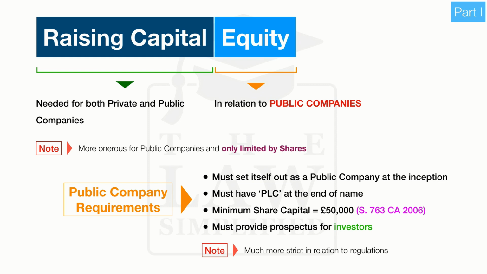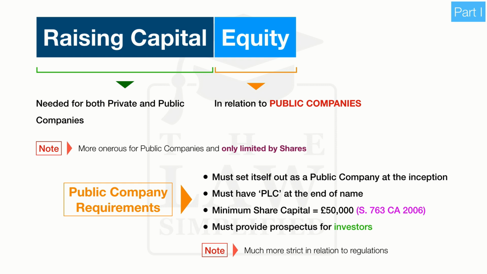Having said that, before we go into this topic, we need to understand the premise and introduce the notion of public companies and the requirements to be considered as such. On the one hand, when it is a public company, it must be publicly stated as such. In other words, you must set yourself out as a public company at the very inception. There are instances, however, where you have companies which started off as private limited companies that move on after an initial public offering to becoming public companies.